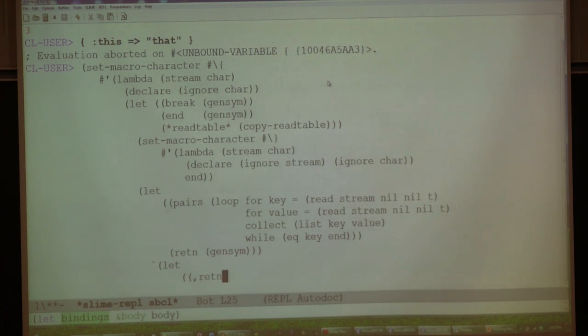Why are we checking to see if key equals end in the loop? Because how are you going to end? You have to check when you read in a curly brace, and it's the right curly brace. Yeah, but don't you want it to read in pairs when it does not equal end? Right. Yeah, just checking. See? You know Lisp. No, I don't. But you know enough to correct me.